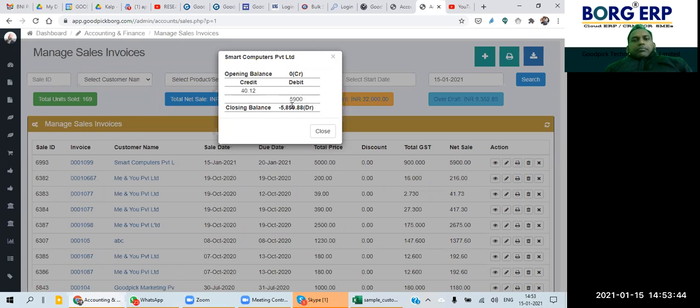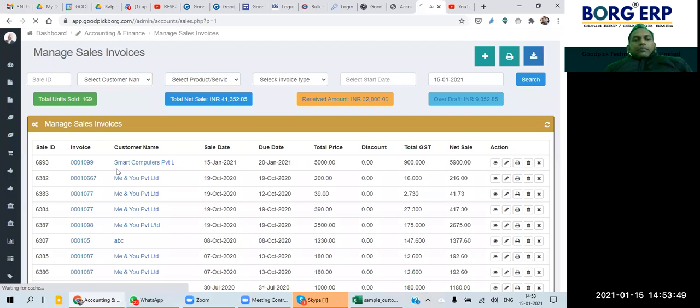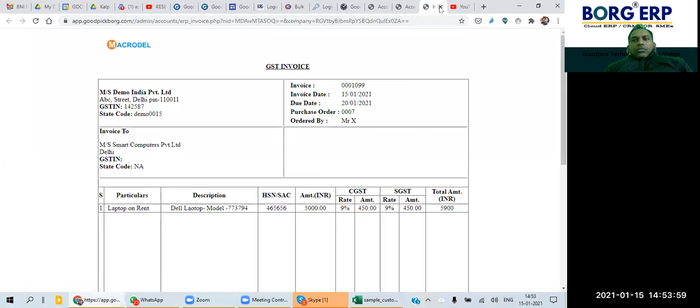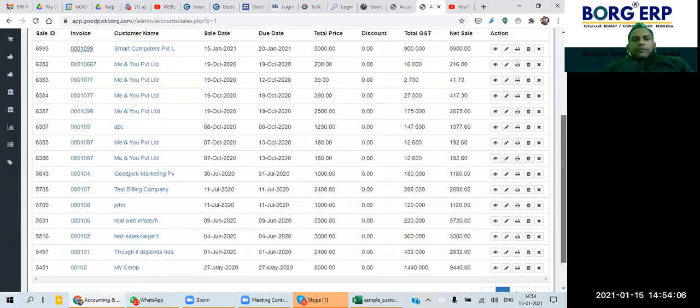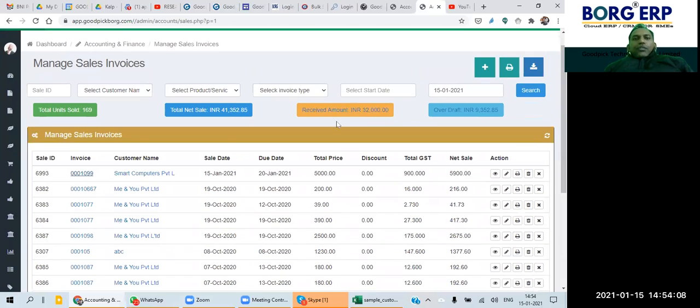So ultimately this detail is there for each and every customer. If we click on the invoice, the print invoice function will also work. So we can print the invoice from here also. Either we can click on print or we can click on the invoice number. Both options are okay. So these are the listing of invoices.